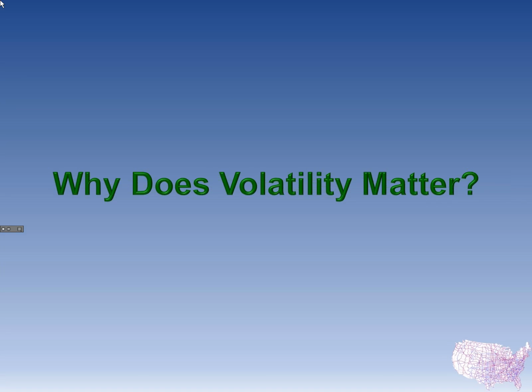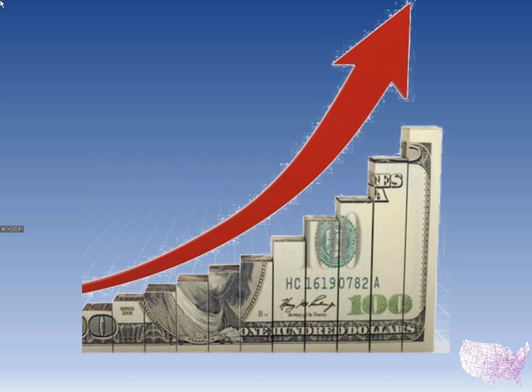And why does implied volatility matter? Well, because when volatility goes up, what happens? Those premiums go up. That's why volatility is important to understand, because when we are trading or dealing with options, we need to know: are those options premiums expensive or are they cheap, right? I don't know by just looking at the option montage over there on the side. I mean, 23 doesn't mean anything. 23 could be incredibly high for this underlying, or it could be incredibly low.